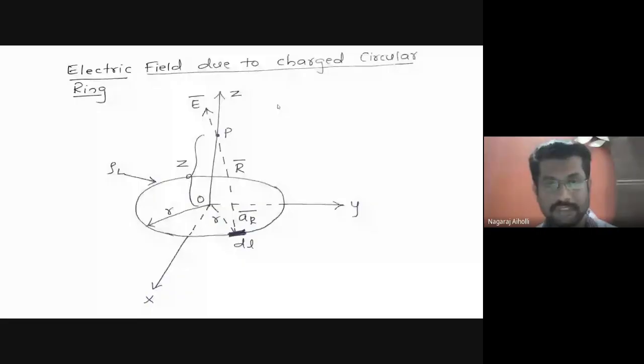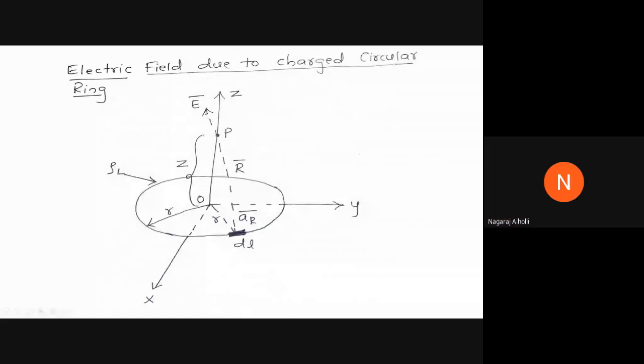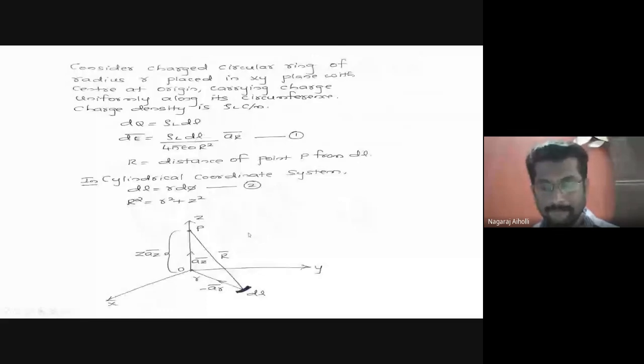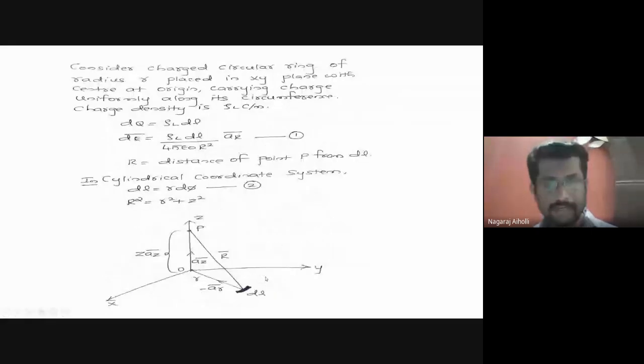The effect of the points on the axis will get cancelled out by each other, because again they will be pointing in the downward direction. If you take the mirror image on the other side of the xy plane, then they will get cancelled out by each other. As they cancel out each other, we are neglecting this effect of the radius vector. So components of E bar at point P get cancelled each other. They are symmetrical. So we neglect the a_r bar component.